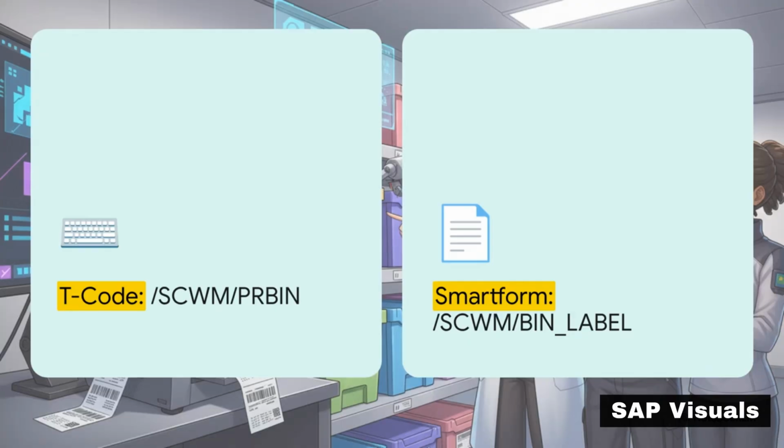Once you know that foundational path, there are two distinct sides to standard printing. On one hand, if you prefer fast keyboard shortcuts over clicking through a bunch of folders, you can just type in the direct transaction code /SCWM/PRBIN. That gets you straight to the label selection screen in about 1 second. On the other hand, we have the standard Smartform provided by SAP